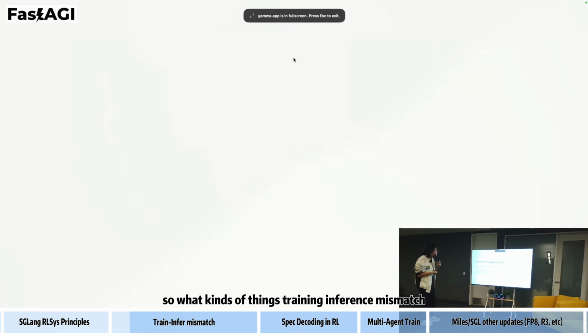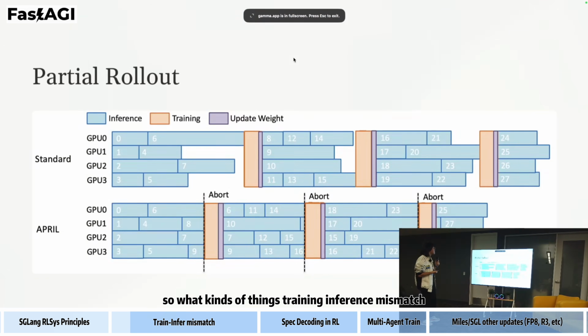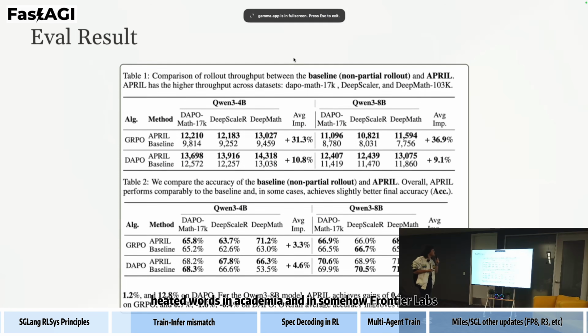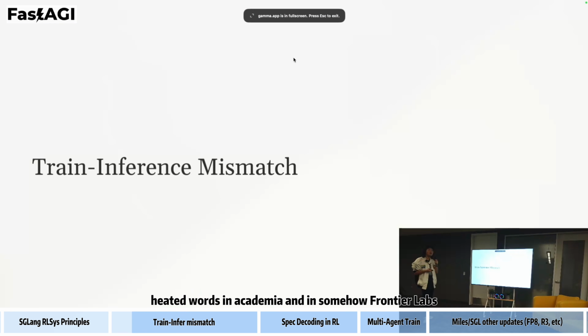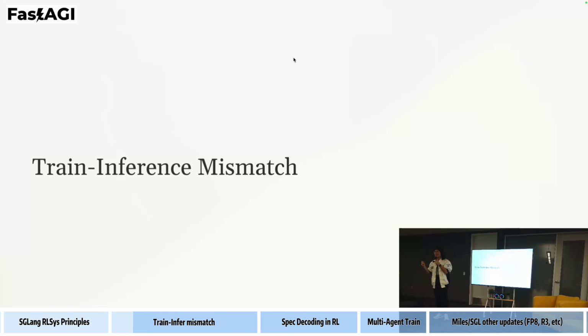So, what is training-inference mismatch? This is a commonly hated phrase in academia and in frontier labs a lot. Ideally speaking, Megatron does forwarding and SGLang does forwarding. So why couldn't you use Megatron's forwarding to do rollouts?